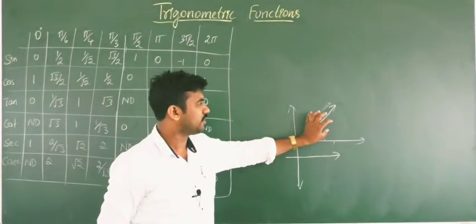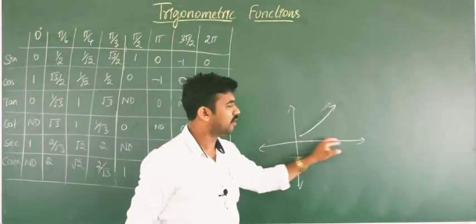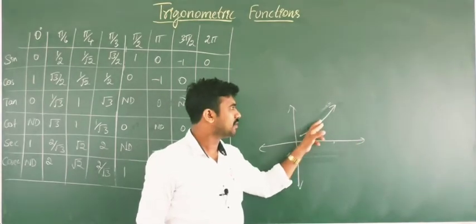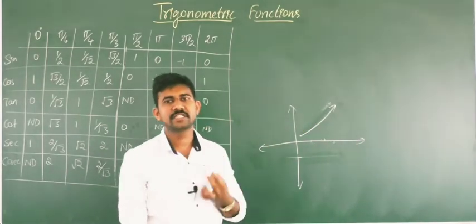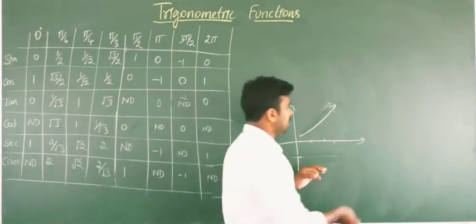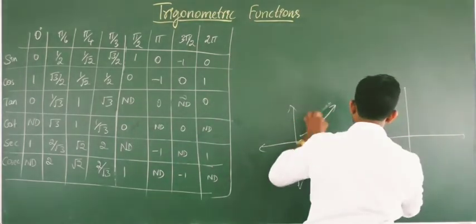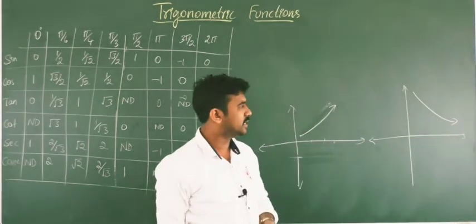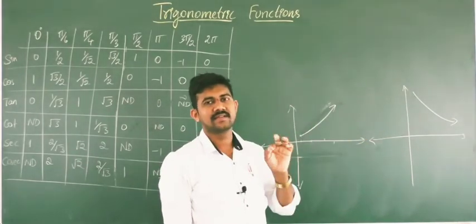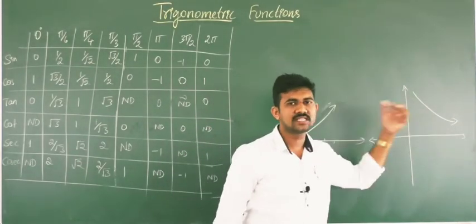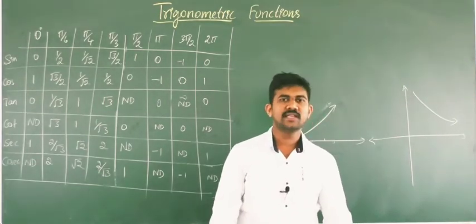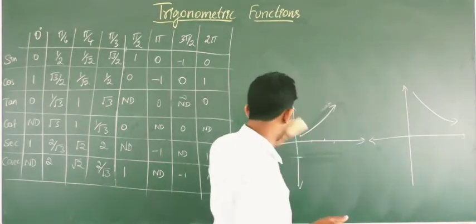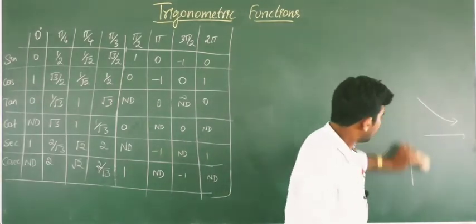Then we can say the function is increasing if you take greater and greater numbers and the graph goes like this. Similarly, if the graph comes down, this is upward movement, and if you consider downward movement like this, then clearly that function is decreasing. So this is an increasing function and this is a decreasing function. Now we'll see when the trigonometric function is increasing and decreasing. For that we need to consider the quadrants.